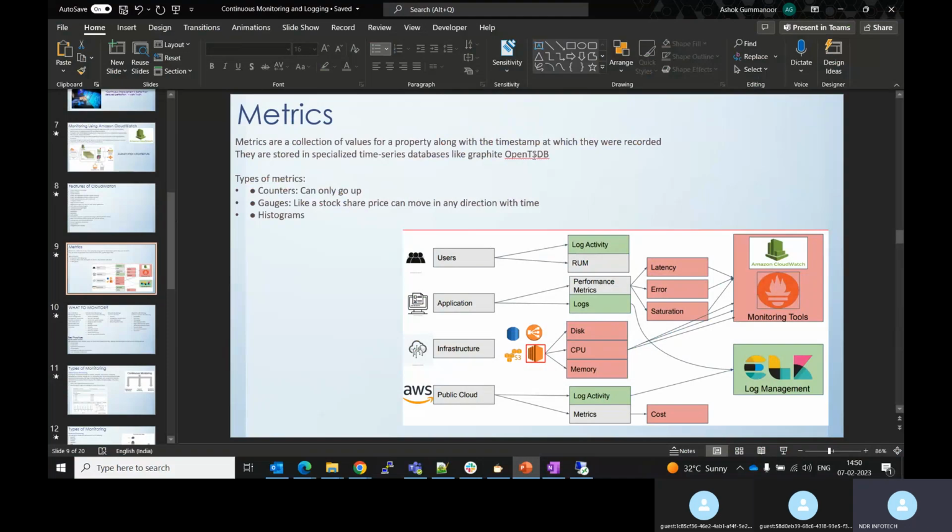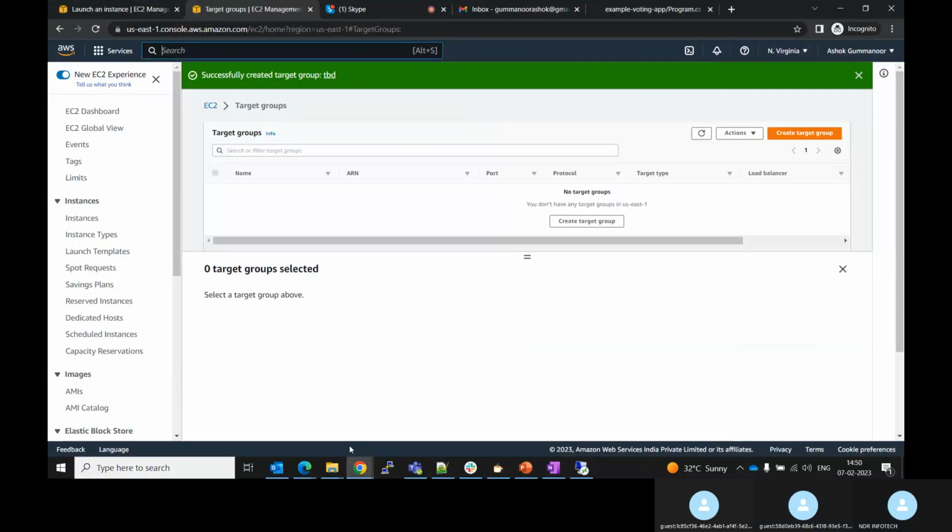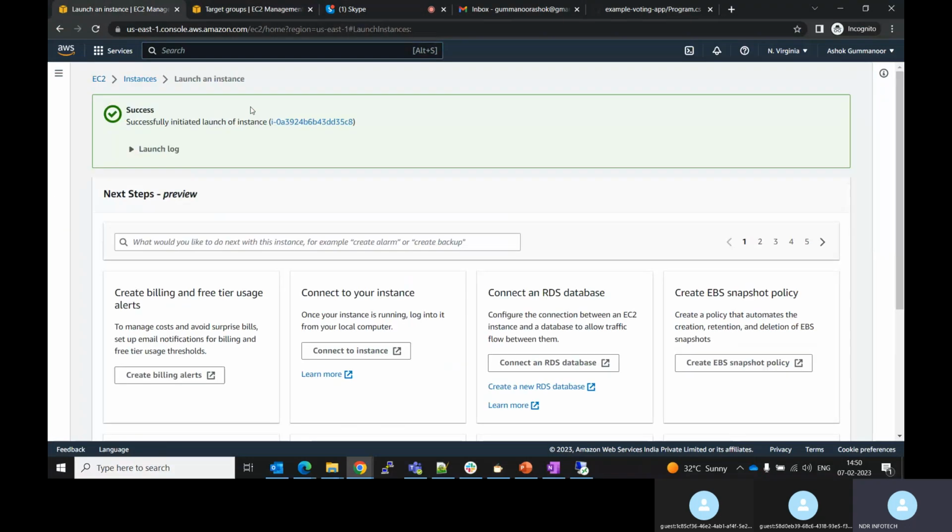What exactly is this time series database? Suppose you are using open source and alerting on the metrics, we will provision our own databases. But in CloudWatch, it will have a TSDB. What exactly is this TSDB? Suppose you are monitoring an EC2 machine. I've created an EC2 machine, right? Okay,